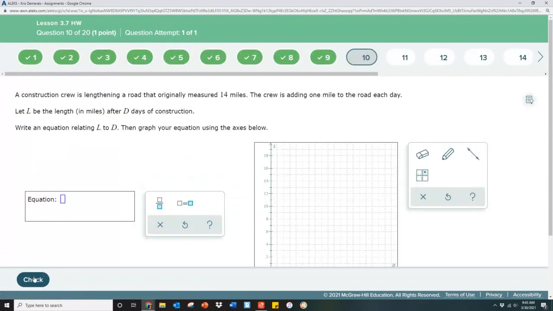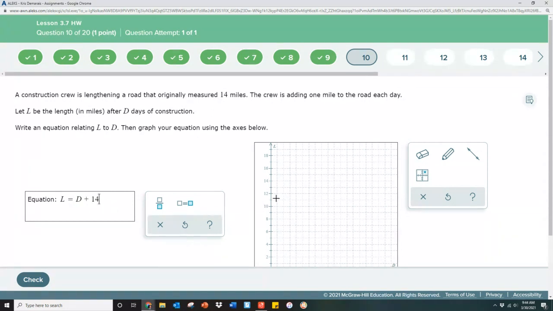All right, now we're looking at the construction crew length in the road again. The crew is adding 1 mile to the road each day. The road originally measured 14 miles. So we're looking at the equation then of what we did before, where L, the length in miles of the road, is equal to 1 mile per day. So we're just going to put D, it's 1 mile each day, plus the 14 miles that we originally